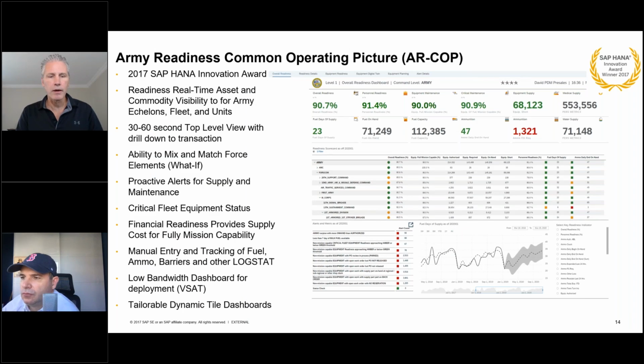One good example that's actually live with the Army that we've deployed with HANA, they have a real-time dashboard for what we call common operating picture, which has Army readiness information around their equipment and the maintenance of that equipment. And so they bring in all their data real-time from the ERP into HANA with HANA models, and then they present the information with